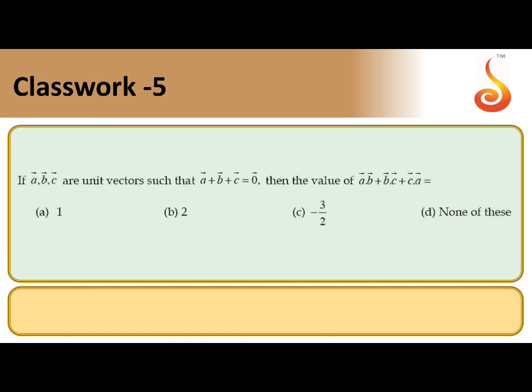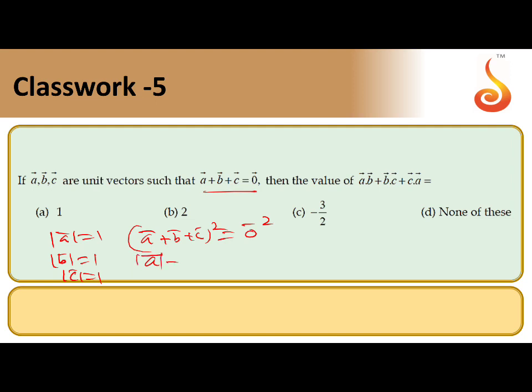Next question. A bar, B bar, C bar are 3 unit vectors such that A plus B plus C is 0. Then find the value of A dot B plus B dot C plus C dot A. This is a PU textbook question only. So unit vectors means modulus A equals 1, modulus B equals 1 and modulus C equals 1. They are given A bar plus B bar plus C bar equals 0. So A dot B, B dot C, C dot A come under A plus B plus C whole square. That means you can take A bar plus B bar plus C bar whole square equal to 0 bar square, means 0.